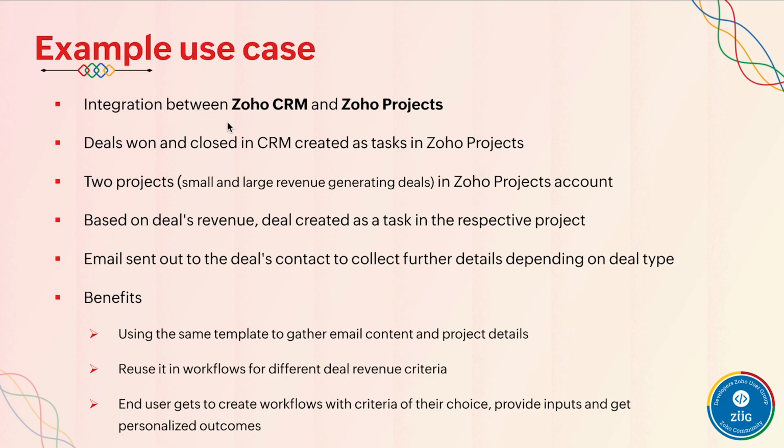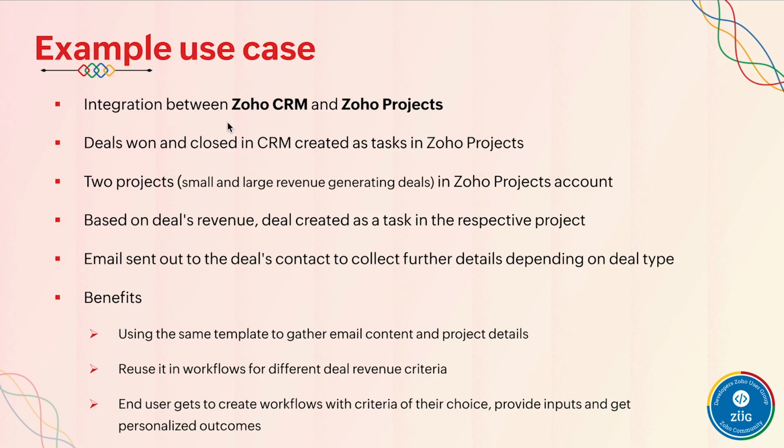Let's say you successfully closed and won the deal with the contact. Then essentially you'll have to work on that particular product in order to deliver it to the customer, right? So here in CRM, once a deal is closed and won, you can create and handle the deal as a task in Zoho Projects. Since Projects is a project management app, if you want to convert that deal, say the deal is to create a software product, then you can work on the implementation of that product in Zoho Projects, so that once the product is created, it can be delivered to the contact. That is the example use case that we are taking over here.